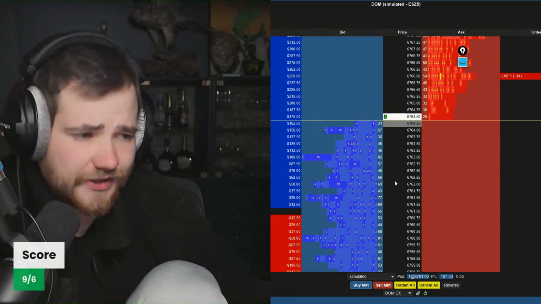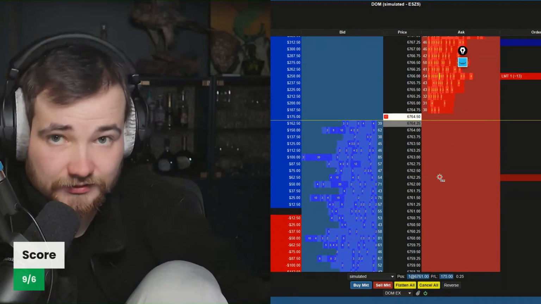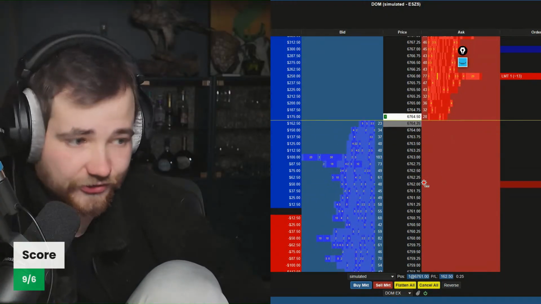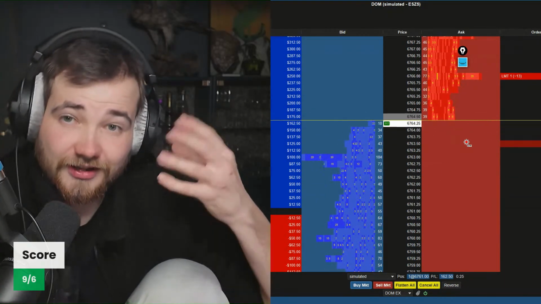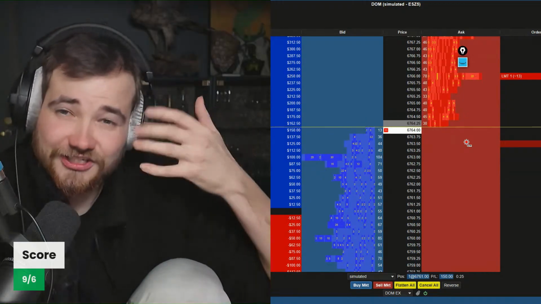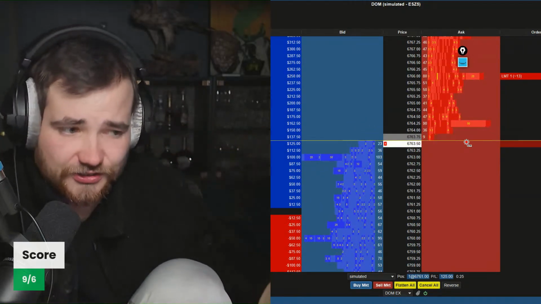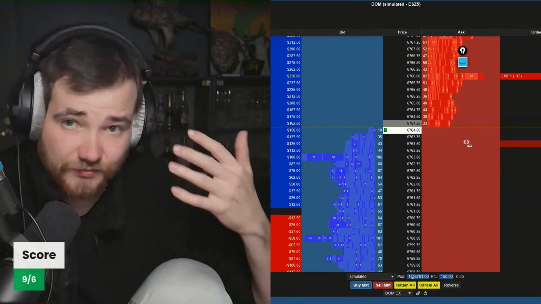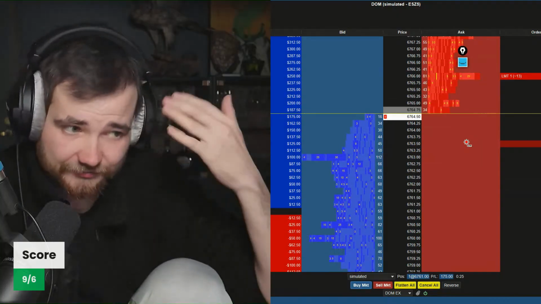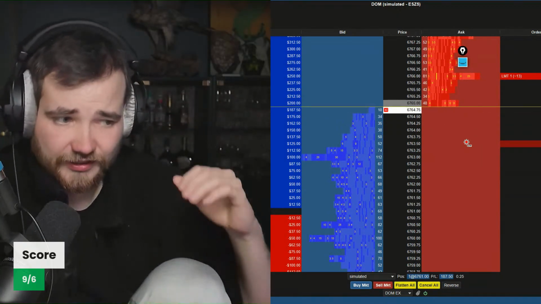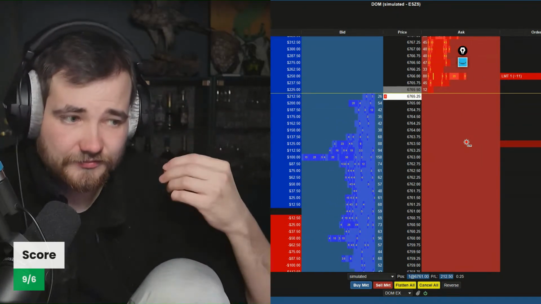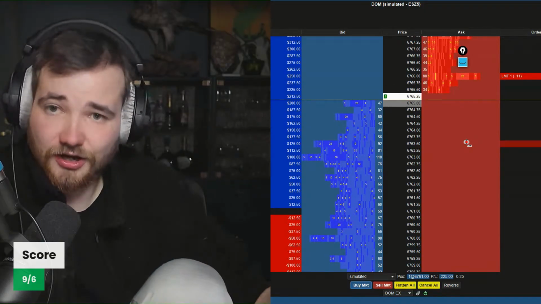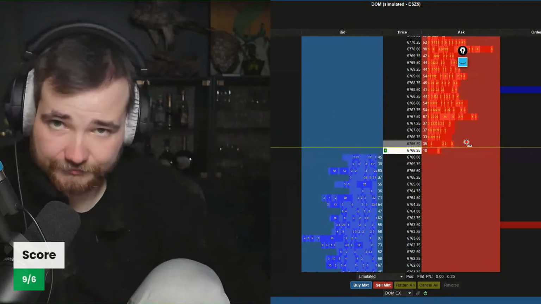Imagine if this was how I traded all day. Would be so exhausting to trade. I already feel like my head is very heavy from just doing this. And note, I'm just doing this on a simulated account. I'm not trading real money or anything. We're just testing out something on the DOM. It's like testing a strategy, but on the DOM, on a specific movement pattern.